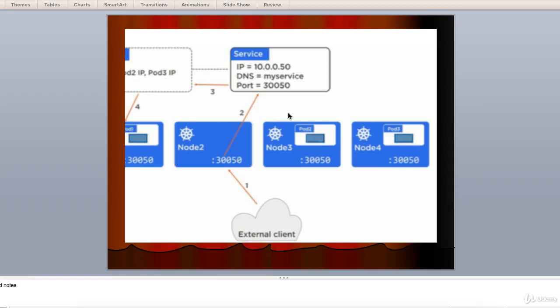Step 3 shows that the service has an associated endpoint object with an always up-to-date list of pods matching the label selector. Step 4 shows the client being redirected to pod 1. The service could easily have directed the client to pod 2 or pod 3.